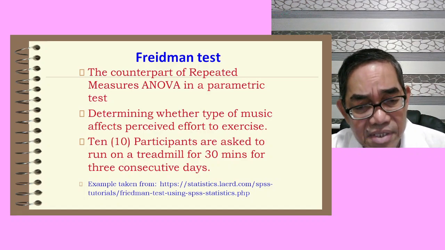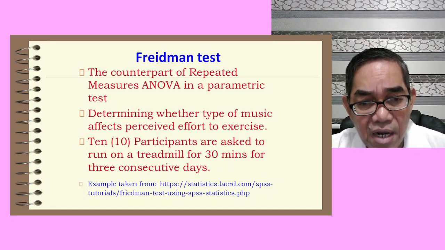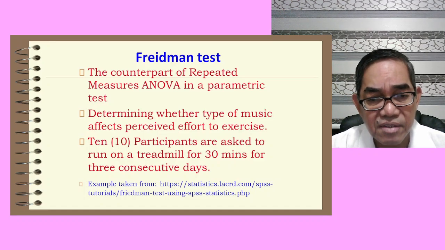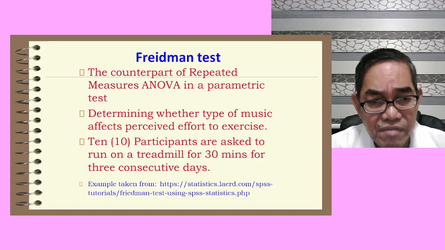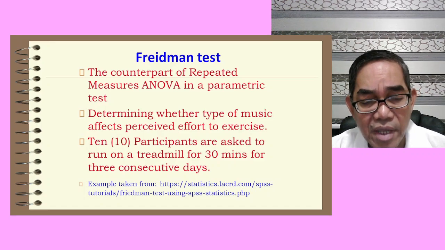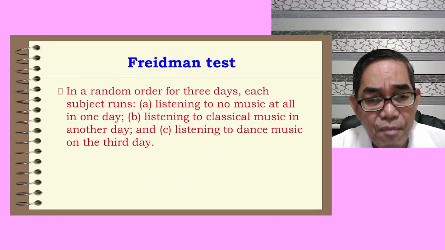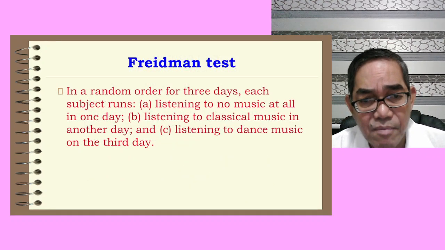We have 10 participants. You ask them to run on a treadmill for 30 minutes for 3 consecutive days. So we'll be talking of the same 10 participants. We ask them to run on a treadmill for 30 minutes for 3 consecutive days. Now, in a random order for 3 days,